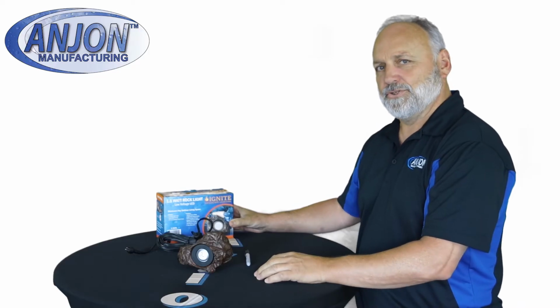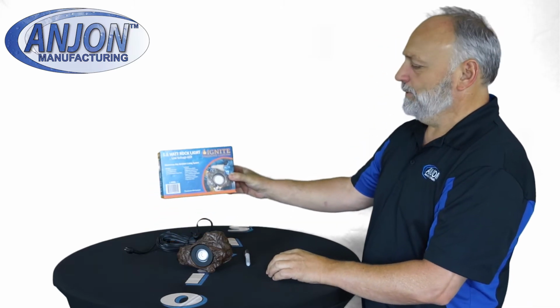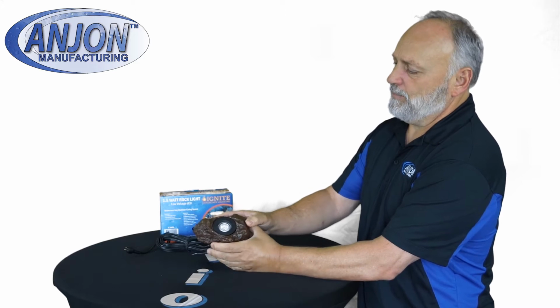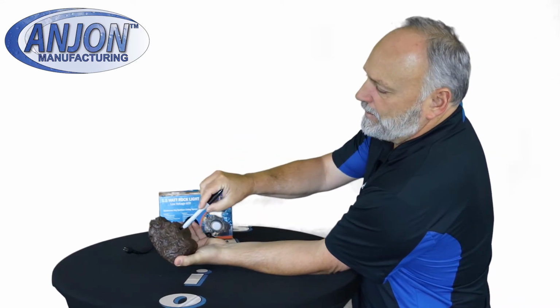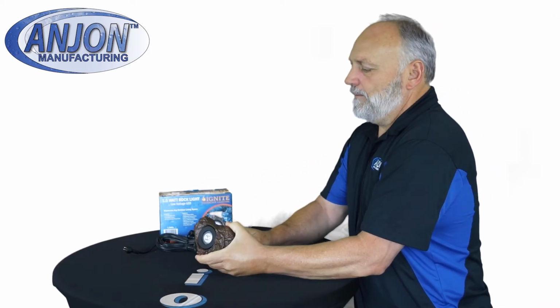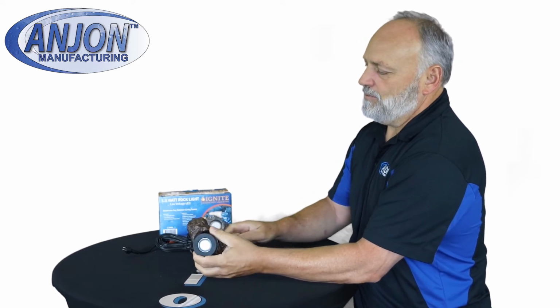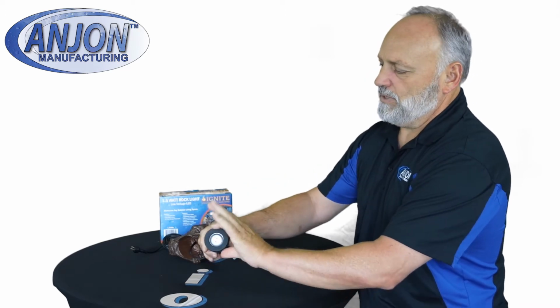Hi, today we're going to show you how to replace the bulb of an Ignite landscape lighting light. This is our rock light used in ponds and landscape lighting. First thing you do is find something that you can push through the back of the rock to push out the light. Once you get it out, pull this through, and we're going to screw the cap off